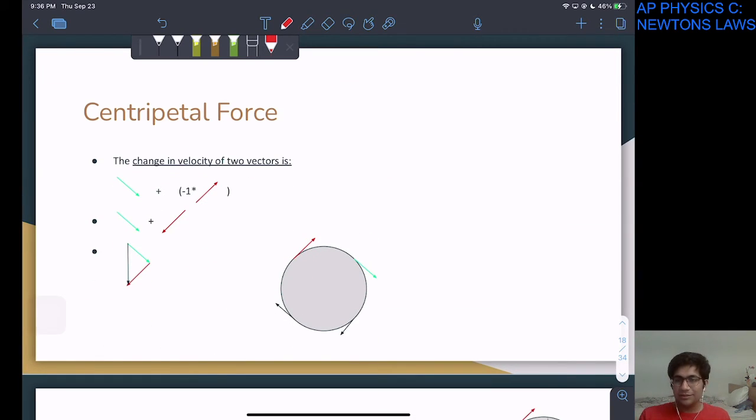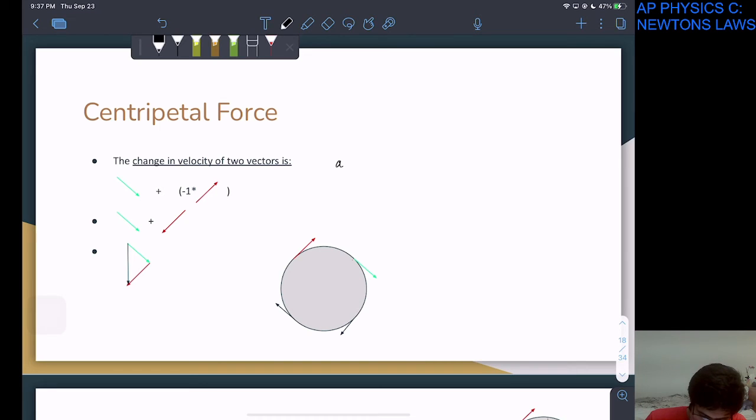One thing that I feel like a lot of textbooks don't really ever mention is that this is why centripetal force points towards the center. So if you think of two velocity vectors like this, a green one and a red one, and we want to find the change in velocity, which is the acceleration, we can simply subtract the two vectors. So we can take green